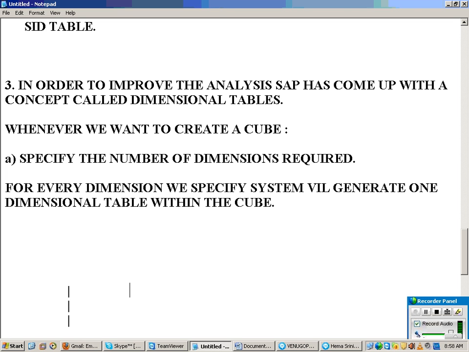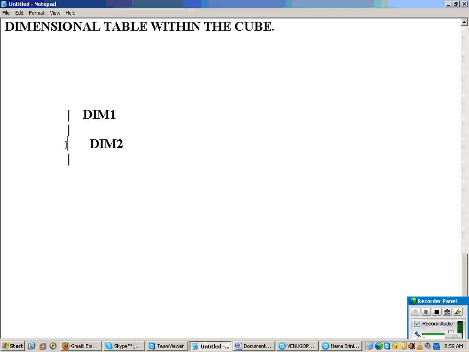One is dimension 1, then the second one is dimension 2. So front end you specified how many dimensions you want, but internally in the database it is going to generate that many dimension tables.